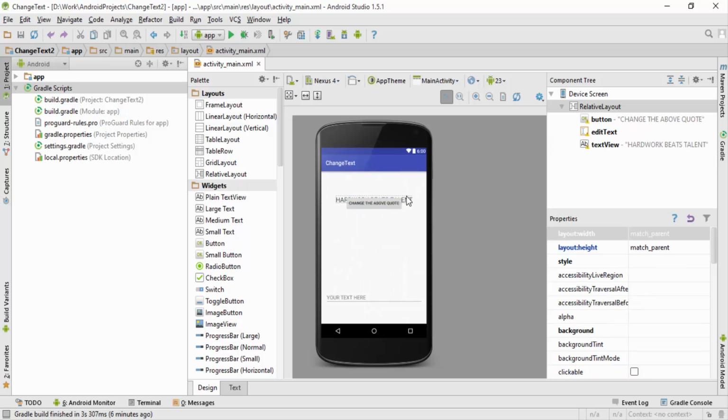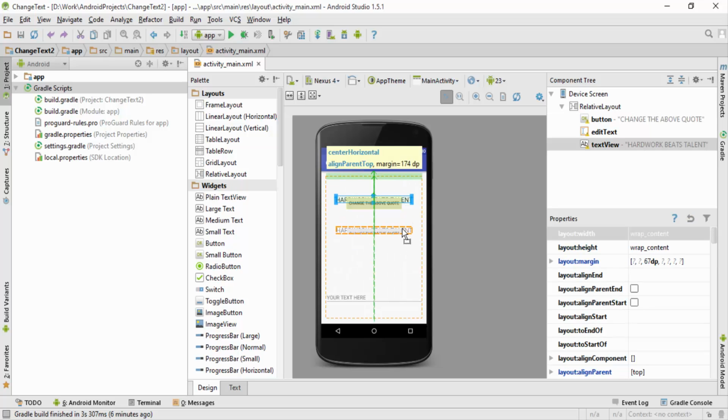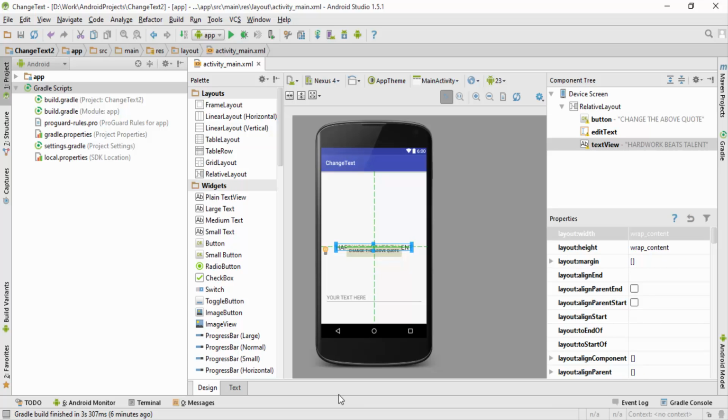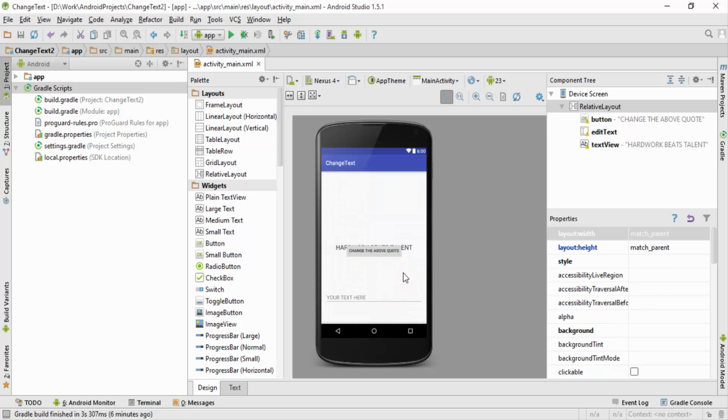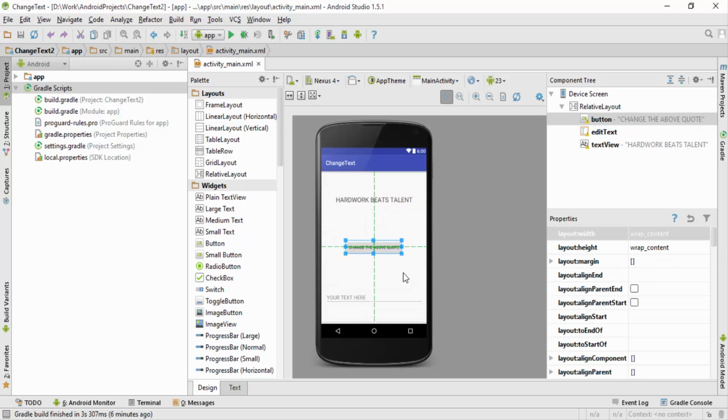Because now if I try to drag this button down over here, you can see not only the button is getting dragged, but the text view is also getting dragged along with it. So these are some minor problems that you may face when using relative layout. So I'll just press Ctrl Z and rearrange it to the actual position.